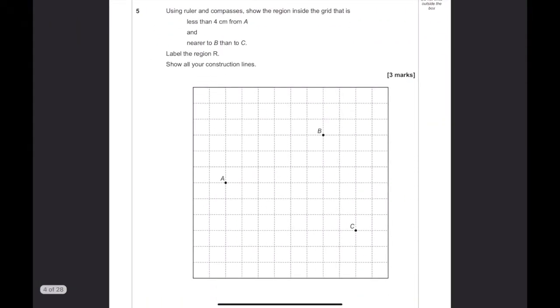Using a ruler and compasses, show the region inside the grid that is less than 4 centimeters from A. Now I can't really do this digitally, but what you would do is you'd find your compass and you'd set it up to be about 4 centimeters from A, and you draw a nice circle